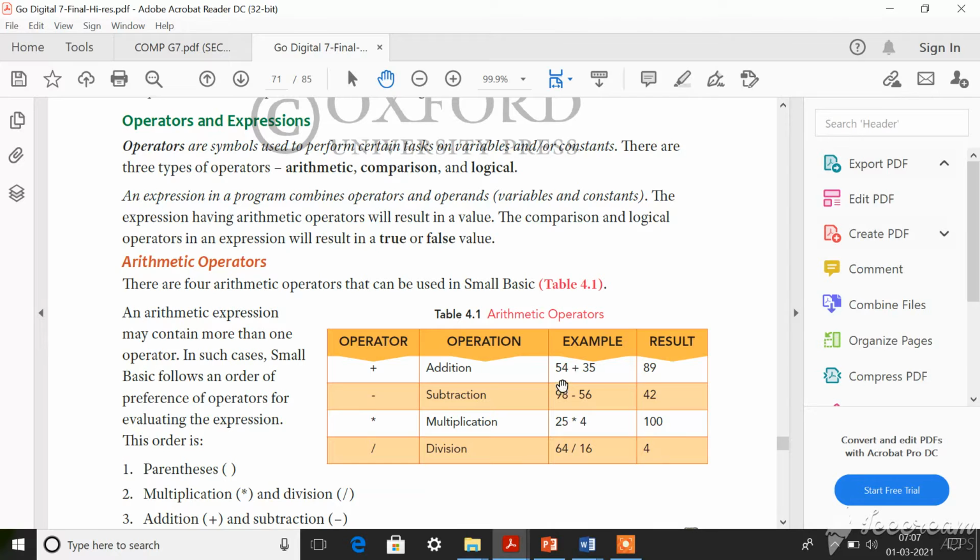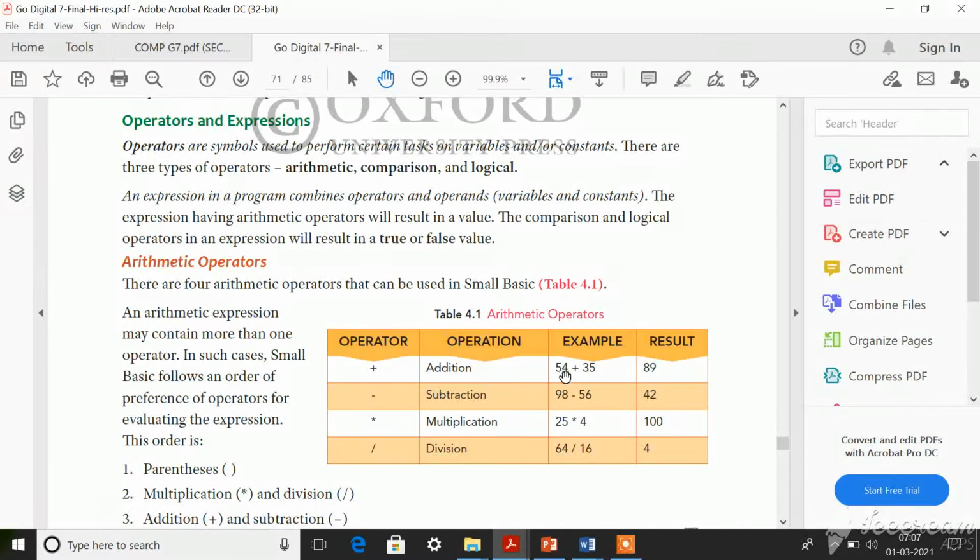So the combination of these variables and constants, which are called operands, used to perform certain tasks with the help of an operator, is called an expression. Now here an addition operation needs to be performed for these two variables.